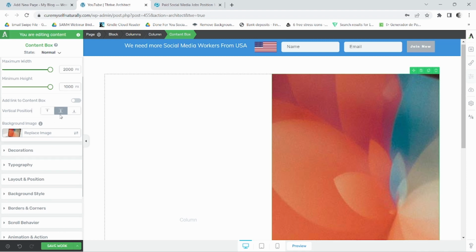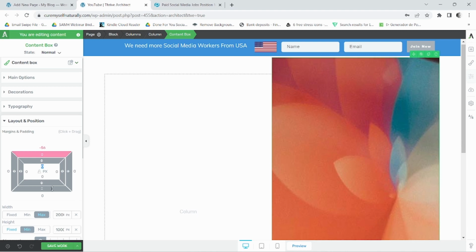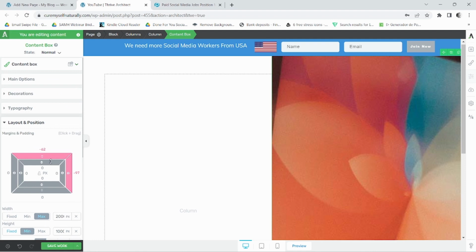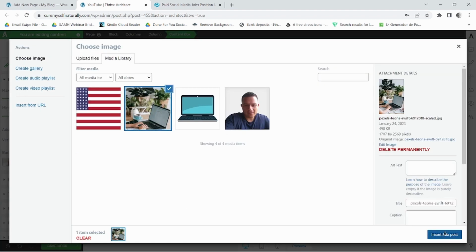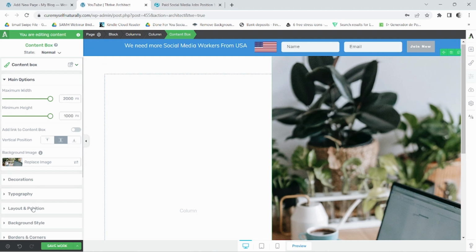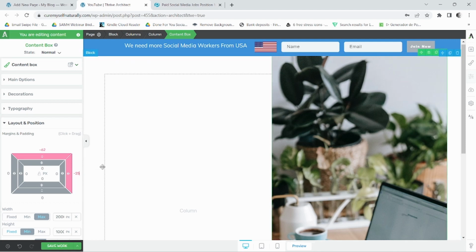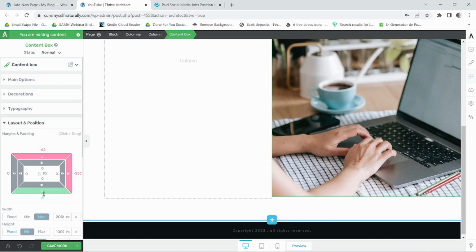Vertical position, I'm going to just click on that. And layout and position, I'm going to say like this. And also, I'm going to bring this to, actually, I was going to change my image. So let me change my image first. So replace image, I want this one rather. All right. And now going back, I'm going to say 250 here. Okay. 250, and also